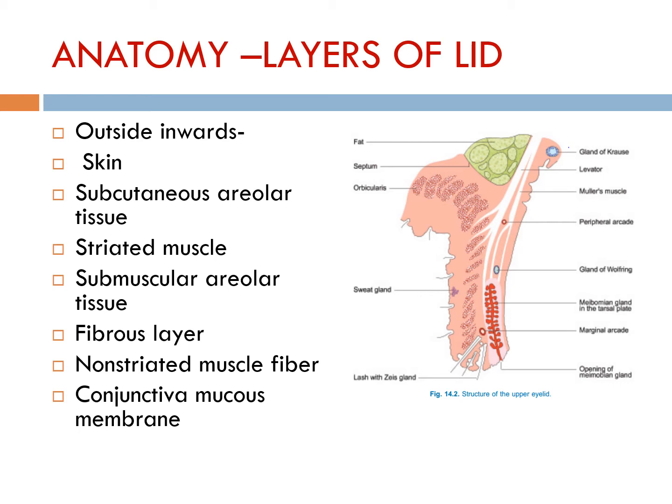At the margins are the sebaceous follicles known as glands of Zeis. The sweat glands at the margin are glands of Moll. They do not open directly on the margin but at the root of cilia. Anterior to the posterior border, the ducts of meibomian glands open and they are seen as tiny orifices.